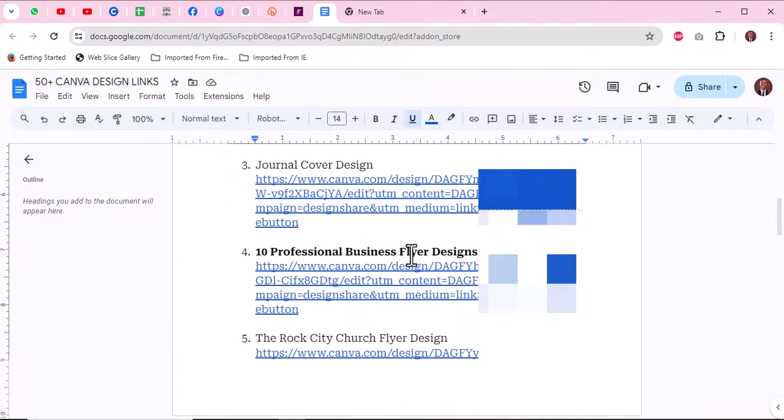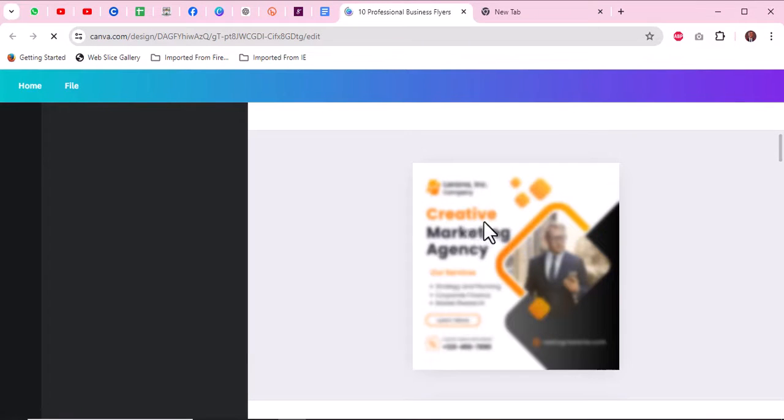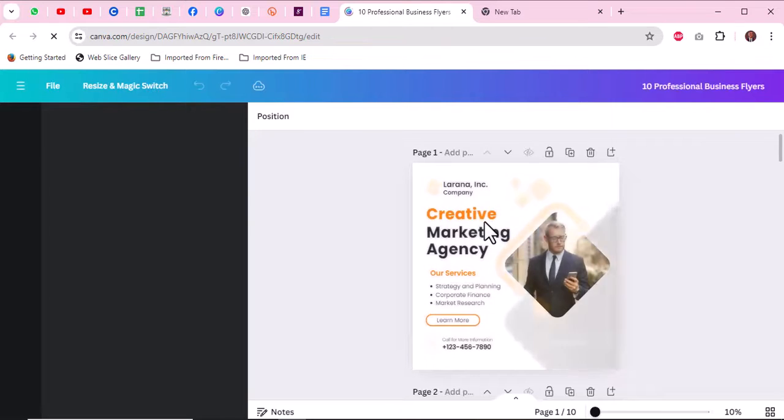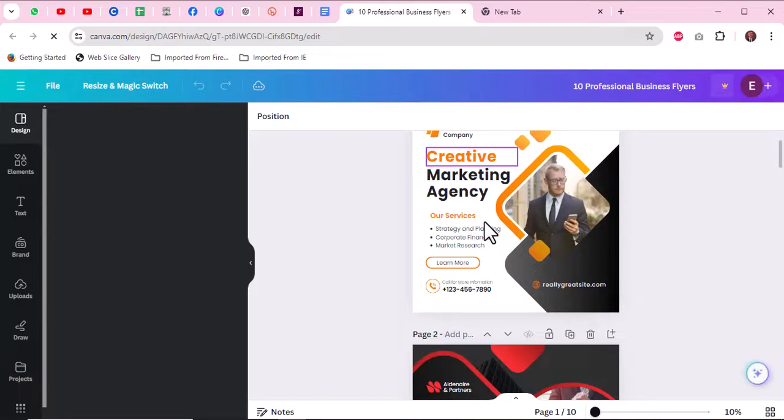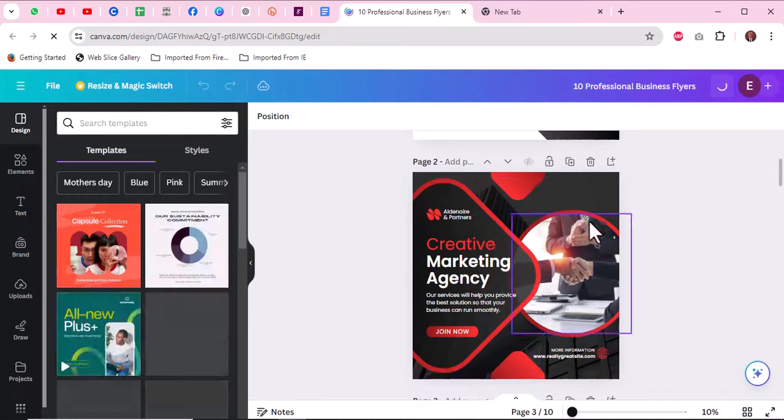10 professional business designs, 10 professional business flyer designs. So I'm going to click this, I'm going to open it, and then you're going to see lots of designs here, like 10 very professional and clean ones that you can customize for yourself. Alright, so if you want to change this image,